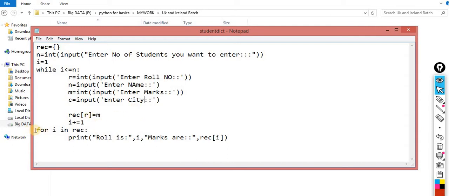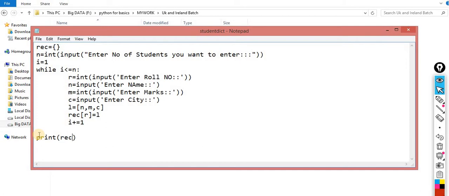So I ask the user for this much data. The roll number becomes the key, the name becomes whatever name you enter. But the question is that you have to enter this data into the list. So I am removing it first. I will show you step by step. So record R is equal to M. So here we have to add, let's suppose L. Now what is L? L is equal to this one, R. So no need to add over here, R N M C. Okay, so there I am capturing the data and assigning it into the list format. Now let me print this, whether it works or not.